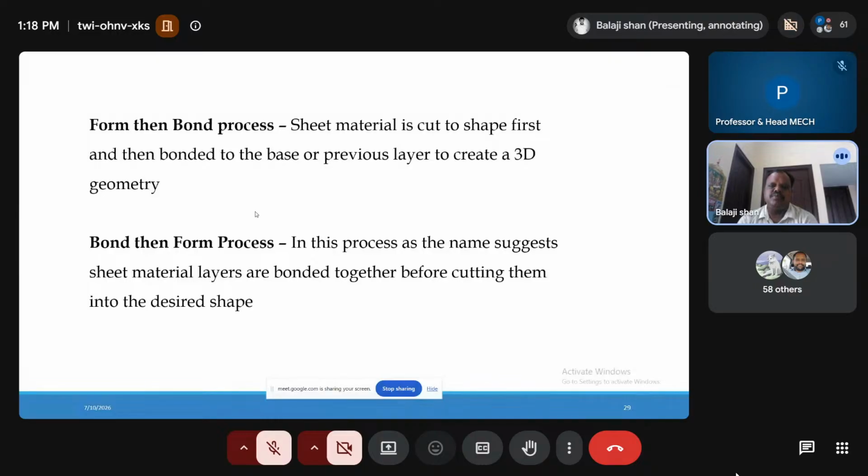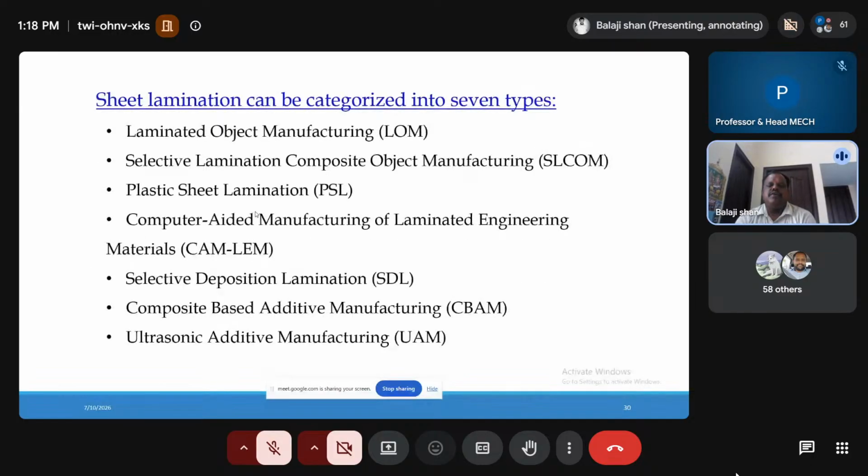Bond then form: as the name suggests, the sheet metal layers are bonded together before cutting them into the desired shape. The sheet lamination process category has seven different processes: LOM, SLCOM, PSL, CAM-LEM, SDL, CBAM and UAM, that is laminated object manufacturing, selective lamination composite object manufacturing, plastic sheet lamination, computer-aided manufacturing of laminated engineering materials, selective deposition lamination, composite-based additive manufacturing, ultrasonic additive